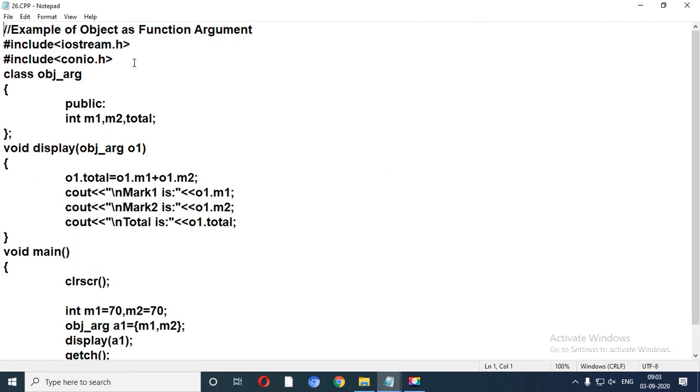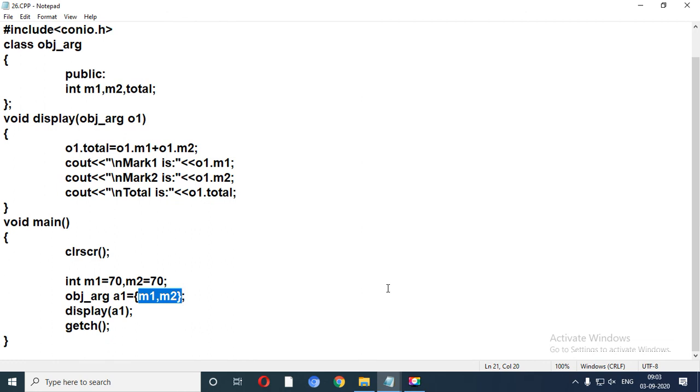Second program of today's session, object as a function argument. We are going to pass the object as a function argument. If you don't want to take an integer variable over here, you can directly pass the values of m1 and m2 by 70. Such a thing is possible. This is the second program.